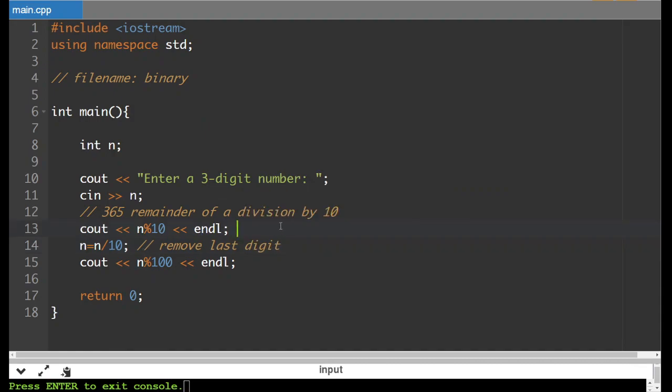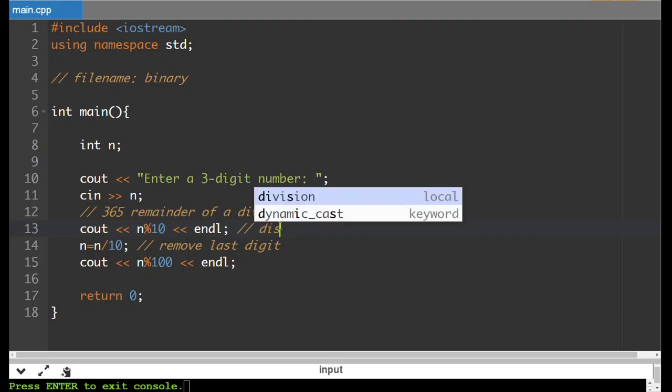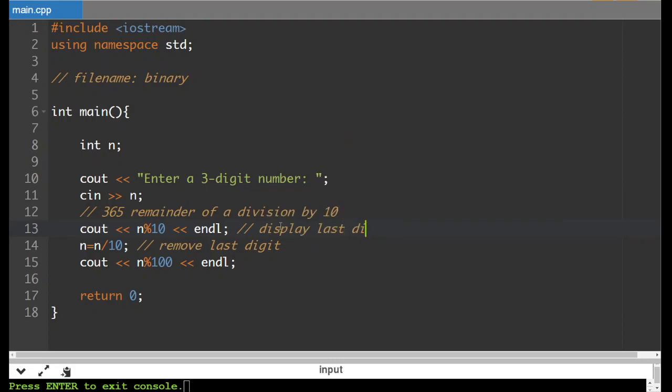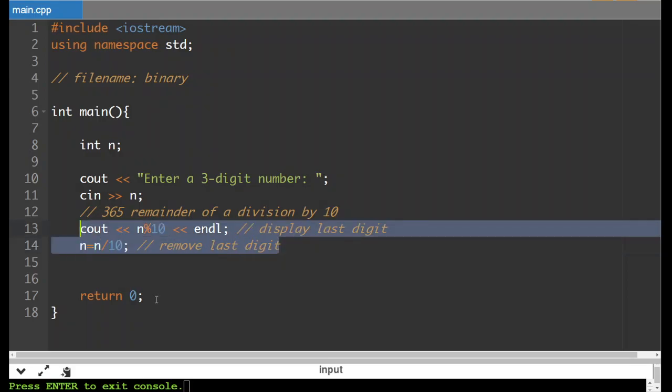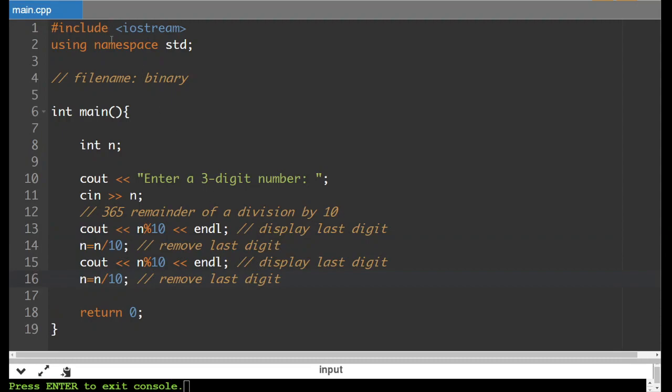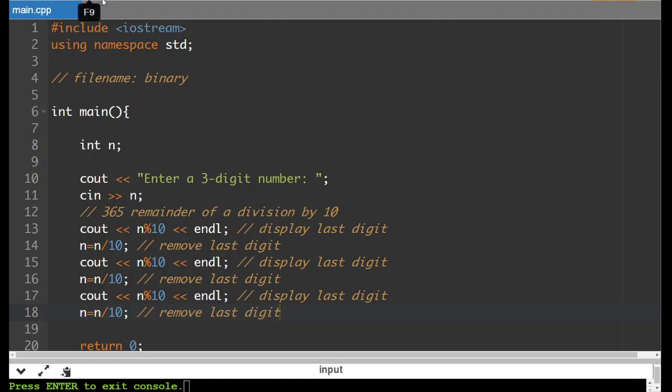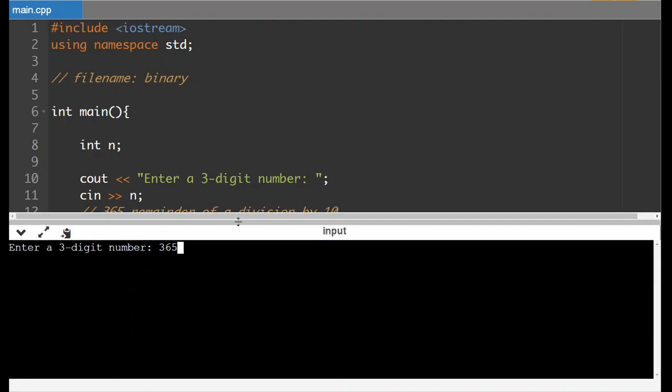So this line will display the last digit, and then the line after it will remove the last digit. If I had 365 and I remove the last digit, then I've got 36. So which digit of 36 do I want? Well, I want to display the last digit, and then get rid of that digit. So I'm going to do it this way. Copy, paste. And it's 3 digits, so I'm going to copy and paste again. So 365 gives me